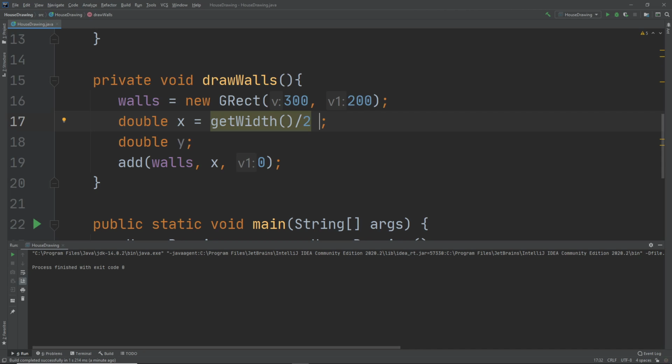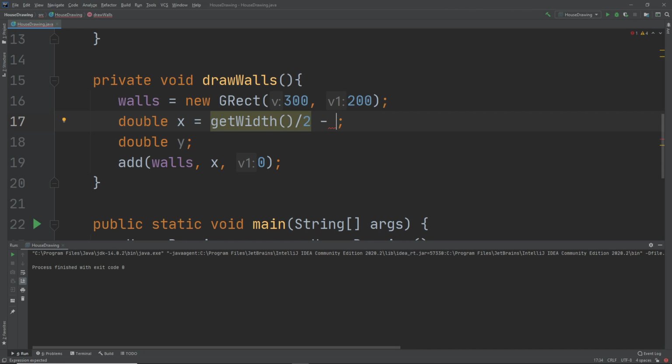What would be the mathematical operator if I want to come back towards the left on the x-axis? Minus. Minus, because positive x is this way, so negative x is this way. So I want to decrease my x value. So minus. So now how do I find out the width of the wall? And let's pretend we have no idea. We know it's 300, but let's pretend we don't know that. You do 1/2 the walls, or 1/2 the